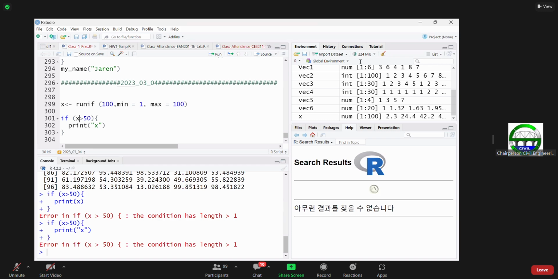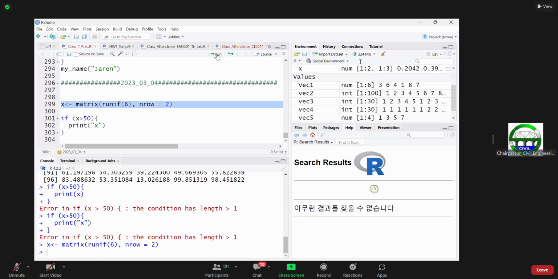Okay, maybe I need to create a matrix, because let's create a matrix, matrix, and runif 6 and nrow is equal to, let's say this is my matrix, and I would say that